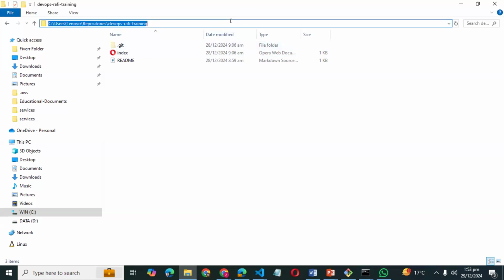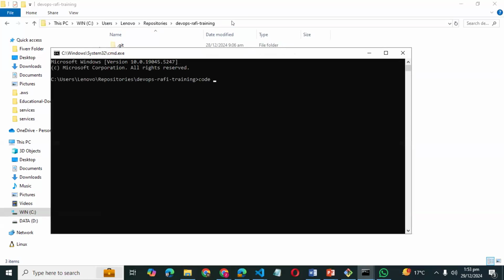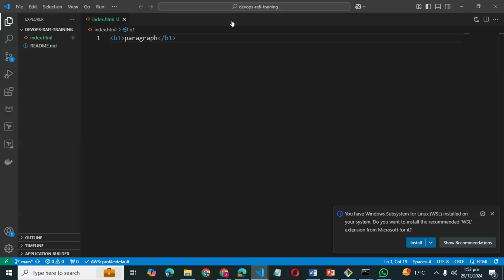You just open this folder in CMD, in the command prompt, and then to open the Visual Studio Code editor by using the command prompt, you need to just write this command, code space dot, right? So this command basically opens the Visual Studio Code editor, right?